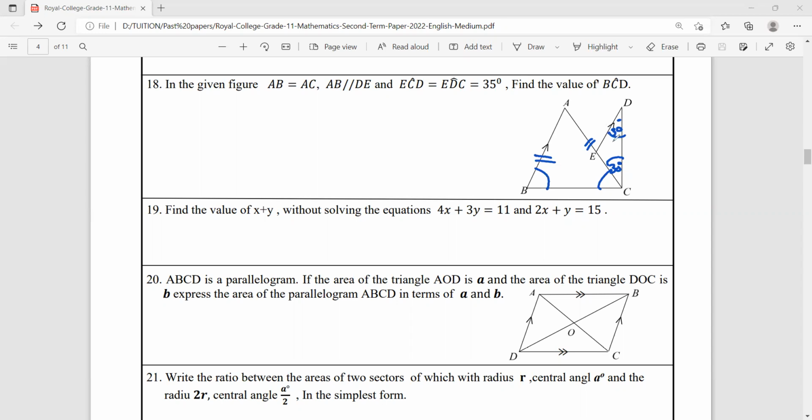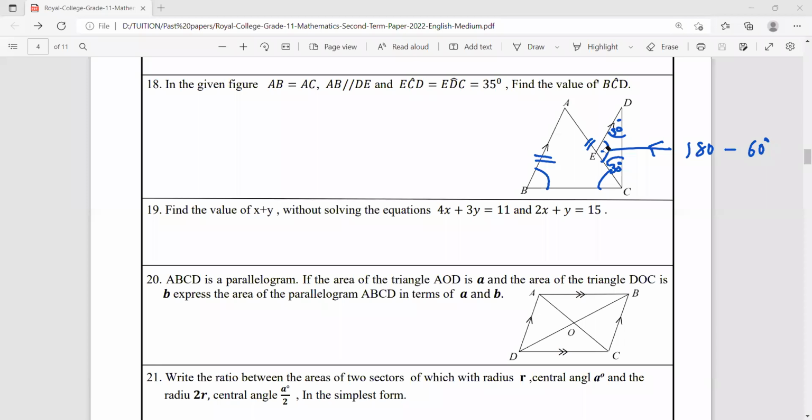Then find the BCD. You have to find BCD. So if you can find this ACB, then you will find that, right? So here this is 30, and you can find the angle here, this angle, right? This angle is 180 minus 60, because